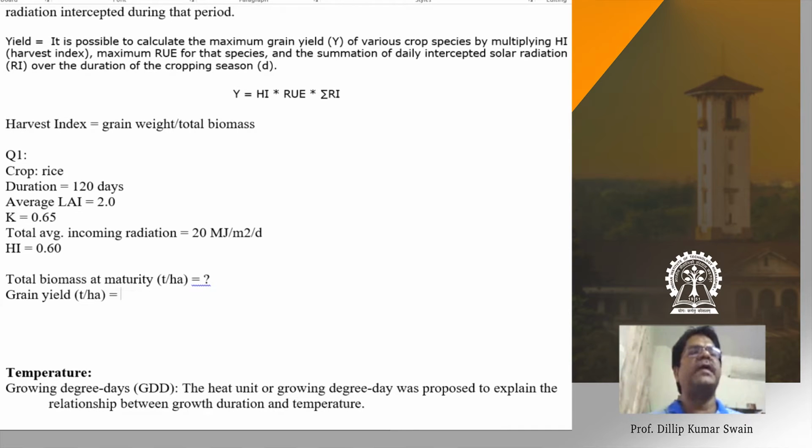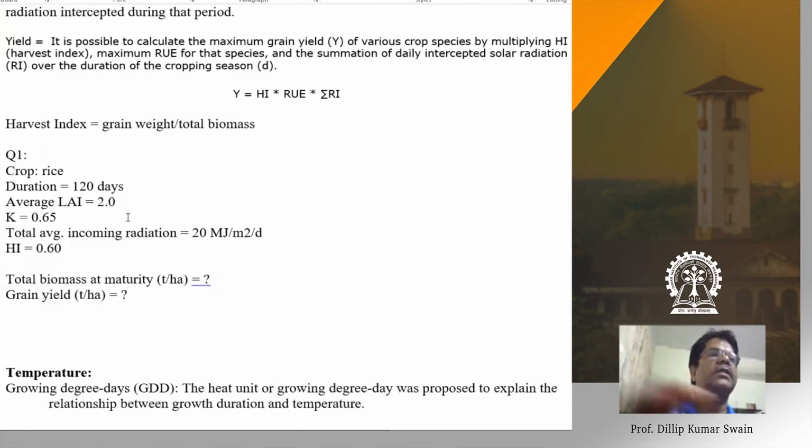Average leaf area index is not constant, dynamic one that changes over period. Sometimes it may be 0.5, it may increase to 4.5, and it may decrease again after maturity. So looking at this one, we calculate throughout the growth stages. Average leaf area index remains around 2. It may change from 0.1, 0.2 up to 5 also. And the K value is a constant one.